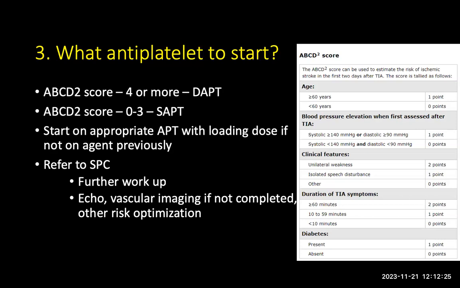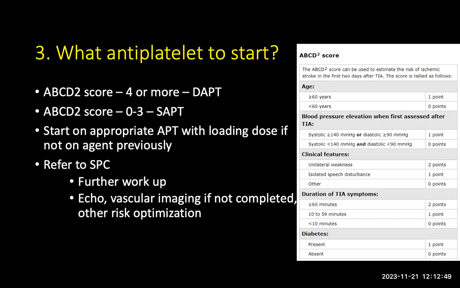So look at the age, look at his blood pressure when he was first assessed after TIA. What were the clinical features? Was it only weakness? Was it speech disturbances or was it something else? What was the duration of his TIA symptoms, and whether he has diabetes or not? So if anybody on that ABCD2 score has 4 or more, you start them on dual antiplatelets with